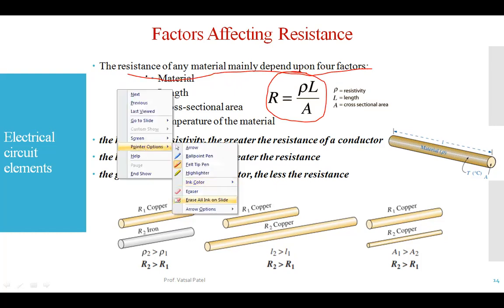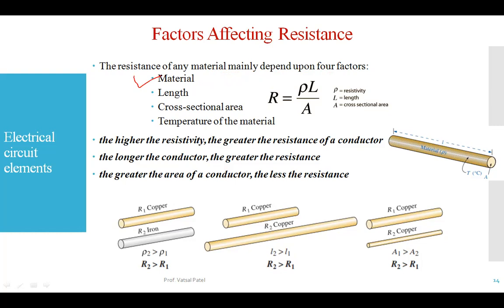The first factor is which type of material you are using, copper, aluminum. So what type of material you are using as a conductor, how much the length of that conductor or material is, as well as the cross sectional area of that material, and what the temperature of that material could be. At which temperature we are doing this measurement is also a main important thing over here. So according to this resistance equation, rho means the resistivity, L tends to length, and A is equal to cross sectional area.